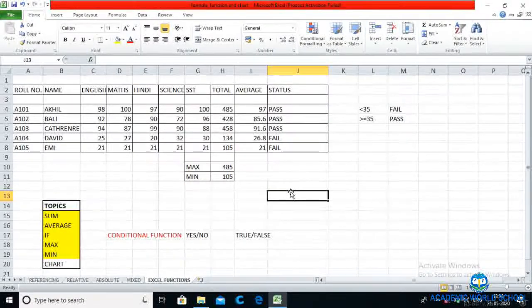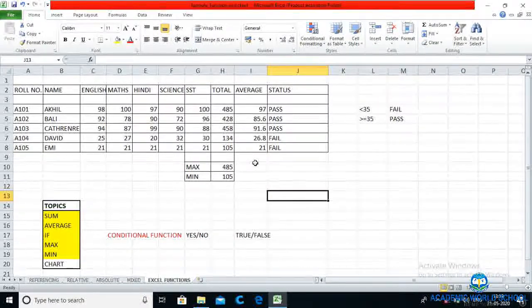In a few, even more than 40. Then for a single teacher, it is very difficult to say by going through this data who has scored the highest and who has scored the lowest. So what we need to do is go to insert and select the type of chart.